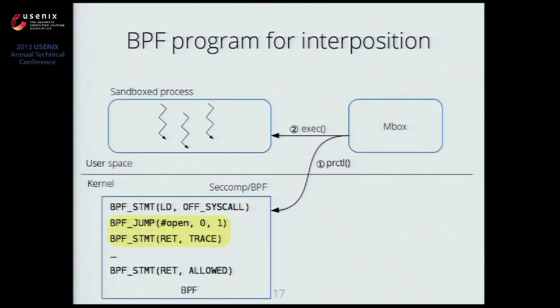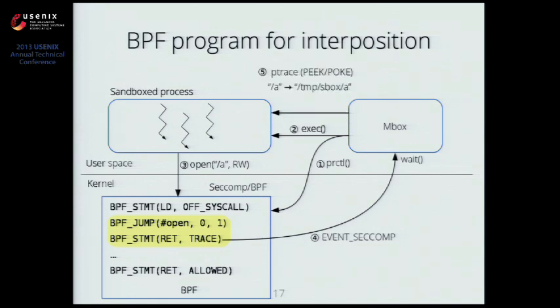Whenever the Sandbox process executes a system call, BPF program runs and decide whether to interpose or not. For example, when Sandbox process execute open system call, the BPF program runs and generate a Seccomp event, so the Mbox waiting for a signal of the child, wake up, and examine the memory of the Sandbox process,